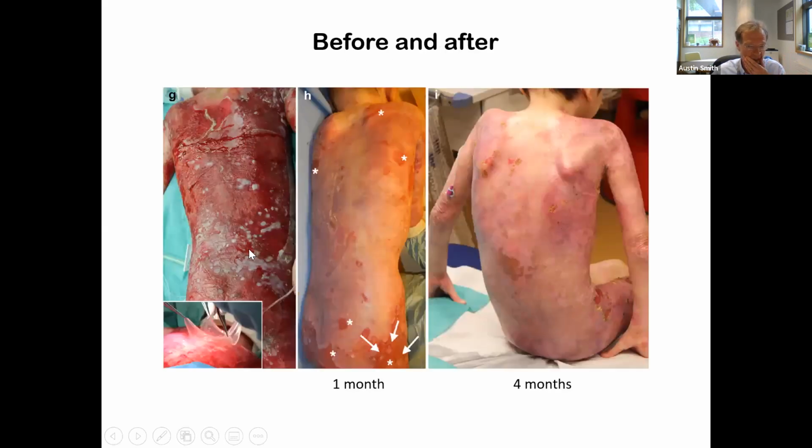This is the patient here, and then this is after the skin that has been grown up in the laboratory. It's had the rescue gene introduced, and then you can see the skin grows up after 1 month, and then after 4 months, although this doesn't look perfect, this is actually pretty good skin, and these little blisters that are left actually covered over in the subsequent months, so that this boy was able to leave the hospital and live a relatively normal life. So again, this is a pretty spectacular life-saving therapy,